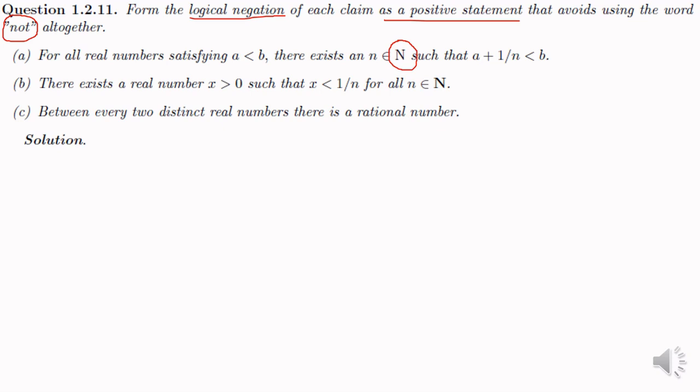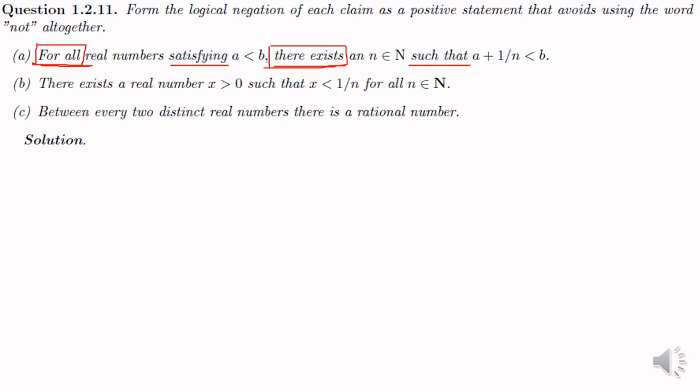So before going for the solution of all these claims, we will just recollect what we have learned in our previous classes regarding negation. Now here you can see a phrase "for all", and here you can see a phrase "there exist". "There exist" is usually accompanied by the phrase "such that", and "for all" is usually accompanied by the phrase "satisfying". Now we know that the negation of "for all" is "there exist",